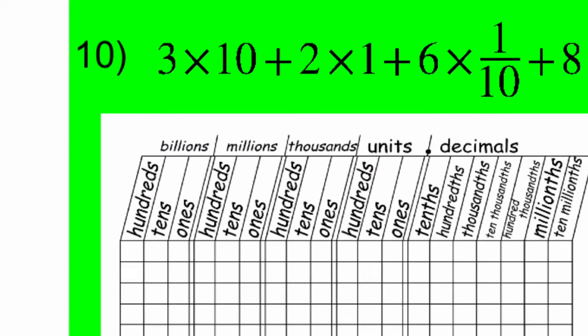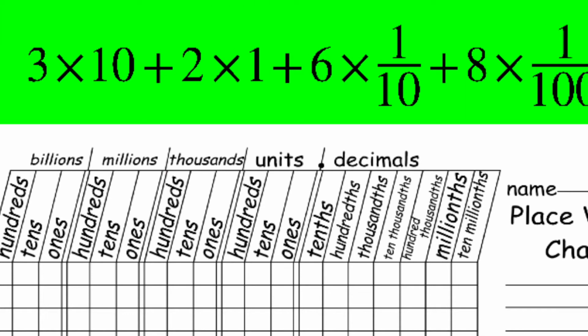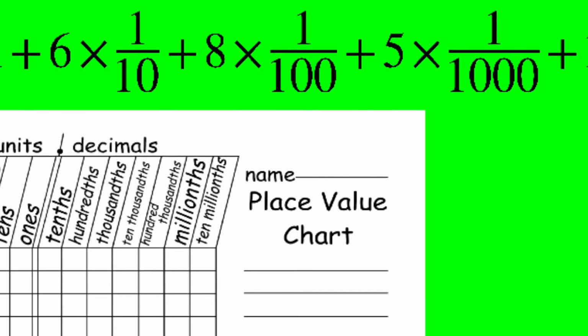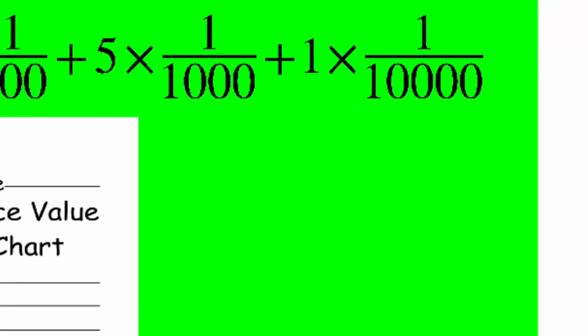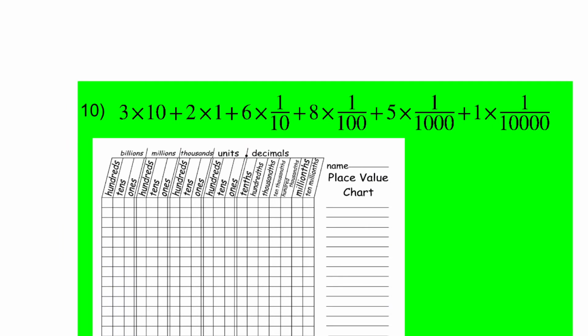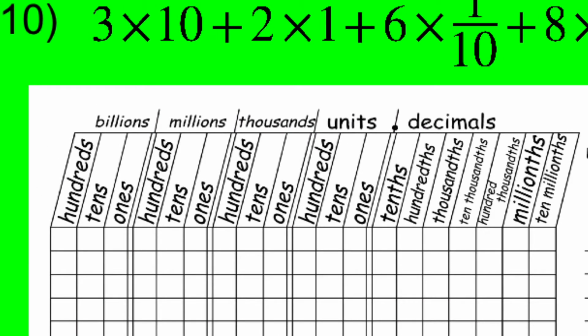All this means is you take the 3 represents the amount, and the second number, the 10, represents the place value. So 3 in the 10's place value, plus 2 in the 1's place value, plus 6 in the 10th's place value, plus 8 in the 100th's place value, plus 5 in the 1000th's place value, and plus 1 in the 10,000th's place value. So if we were to use our place value chart to do this, we would have